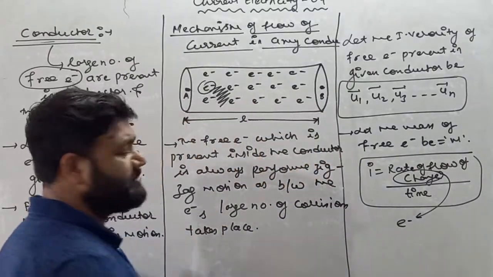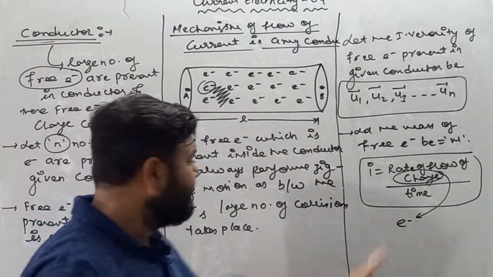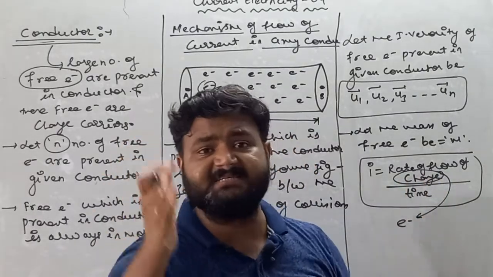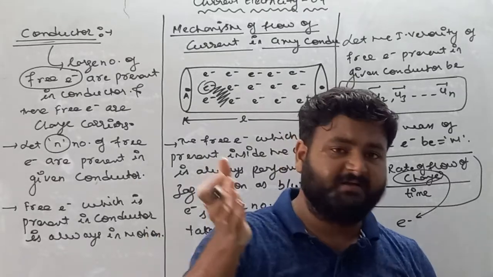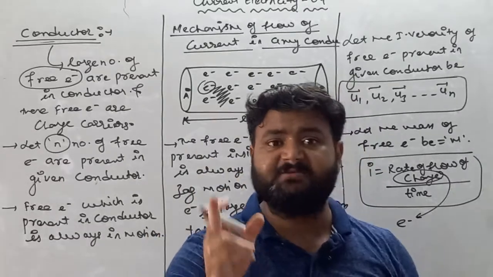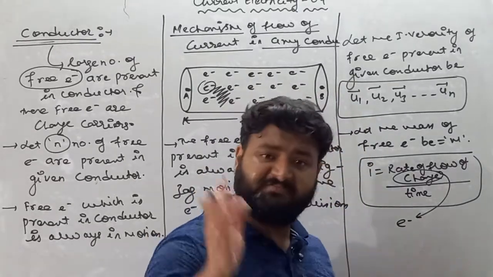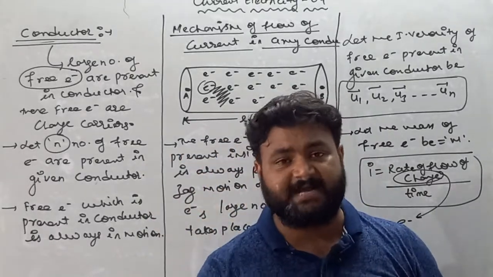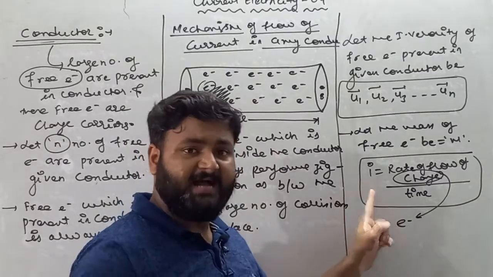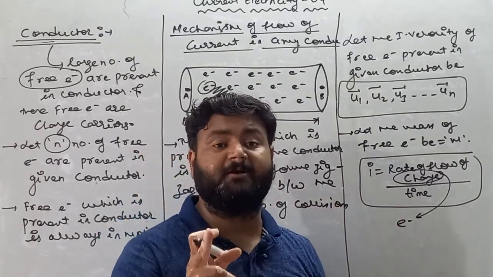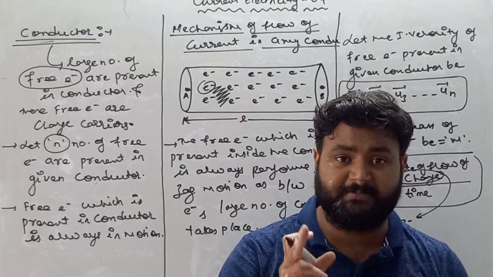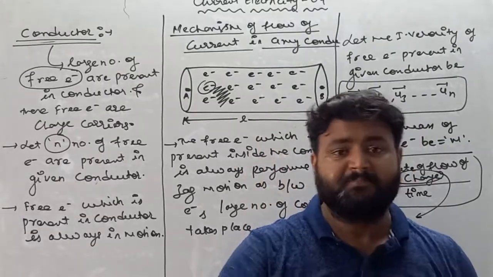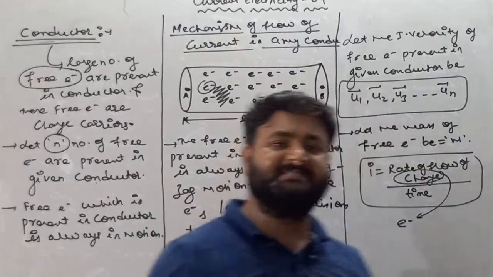But still, my dear student, just imagine, current is the rate of flow of charge with respect to time. It means if charge is flowing with respect to time, current is defined. And which charge? We are talking about electrons. I am repeating once again, this is a very important topic, my dear student. Remember, if electrons are flowing with respect to time, current is defined.